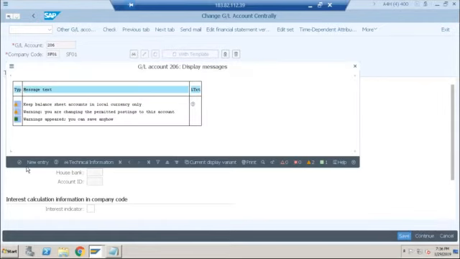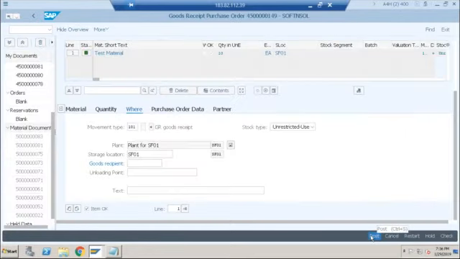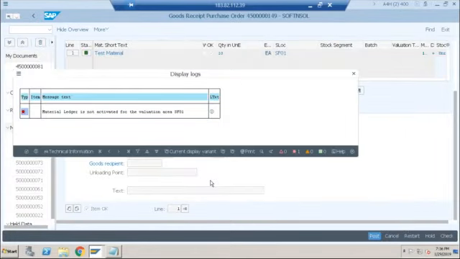post. Yes, exactly. This is something which I wanted to show you, and that is the reason we encountered a lot of errors. So this error you will not find in ECC. In ECC, it is up to the customer whether they want to use material ledger functionality or not. It was not mandatory to activate material ledger functionality.